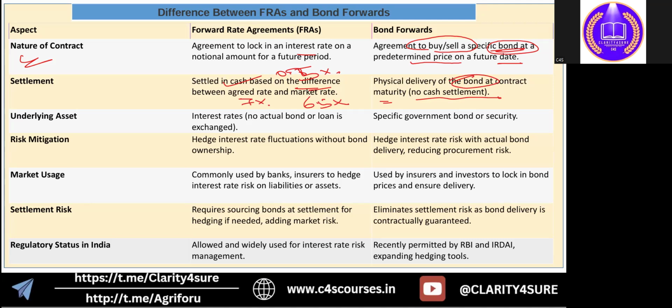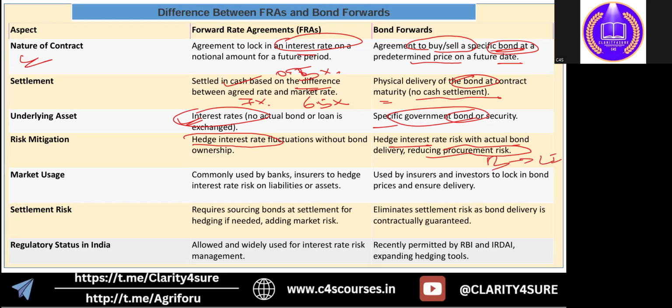Underlying assets: interest rate is the underlying asset, क्योंकि interest rate के साथ deal करता है FRAs, and here the underlying asset will be bond, the government bonds or the securities। Risk mitigation: hedge the interest rate, interest rate fluctuation का रिस्क minimize करता है FRAs में। And here hedge interest rate plus actual bond delivery, reducing the procurement risk, क्योंकि बैंक सीधा सीधा LIC को वो बॉन्ड at the time of maturity दे देगा, ठीक है।